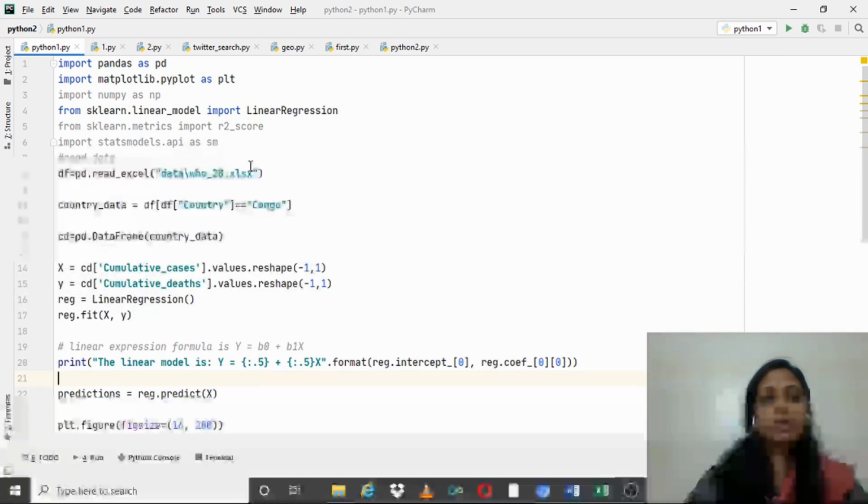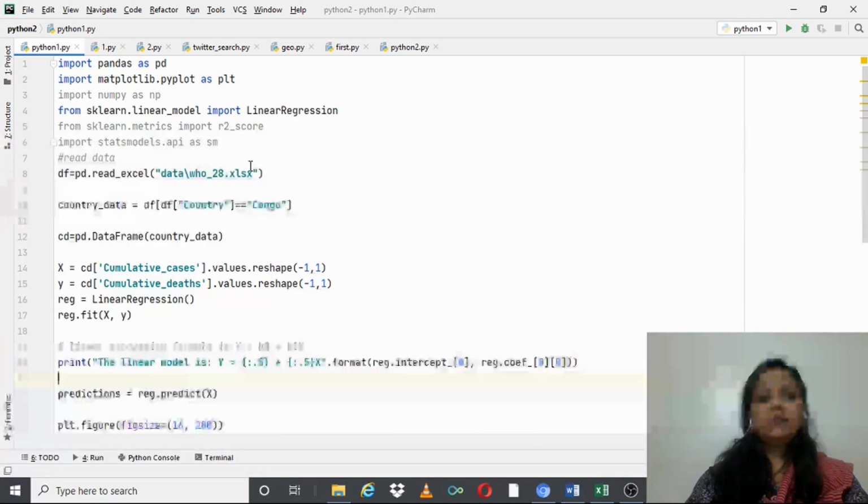who1.excel sheet. Now, in this, we are going to study linear regression, which is a statistical method to make a prediction. We are going to use a single variable linear prediction because, according to me, the number of death rates is dependent on the cumulative confirmed cases. Because it is a single variable, I am using a single valued linear regression.